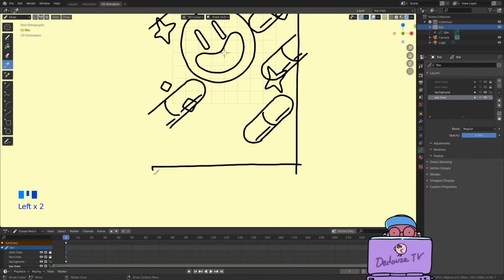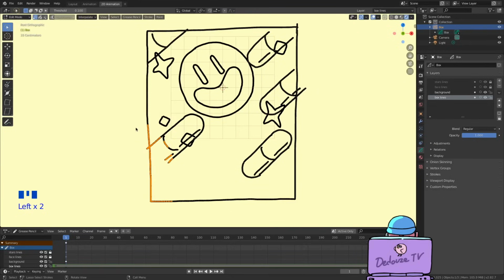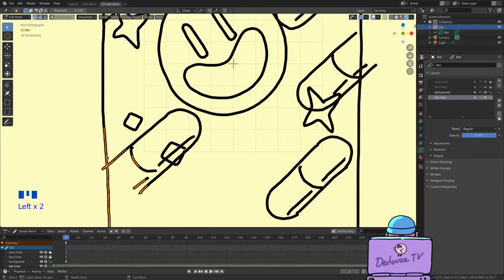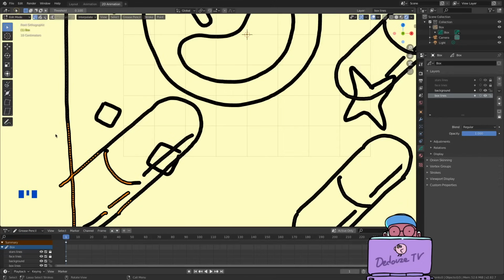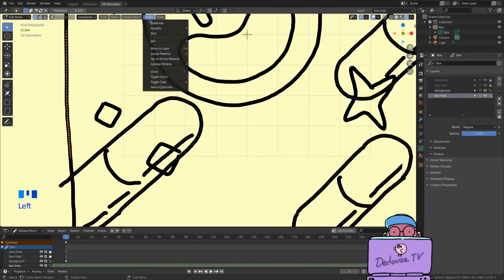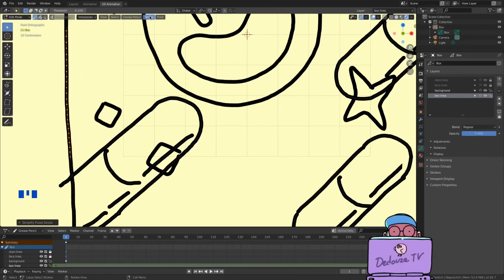Sometimes this tool won't work in the way you expect. Actually, on Blender, all the lines that you draw are recorded in points based on the movement of your pen. When you're in edit mode and you select the lines, you can see the points. If you select a group of points, up here in the edit mode menu, in strokes, you can increase or decrease the number of points in the selected area. If you click simplify, some in-between points are removed.